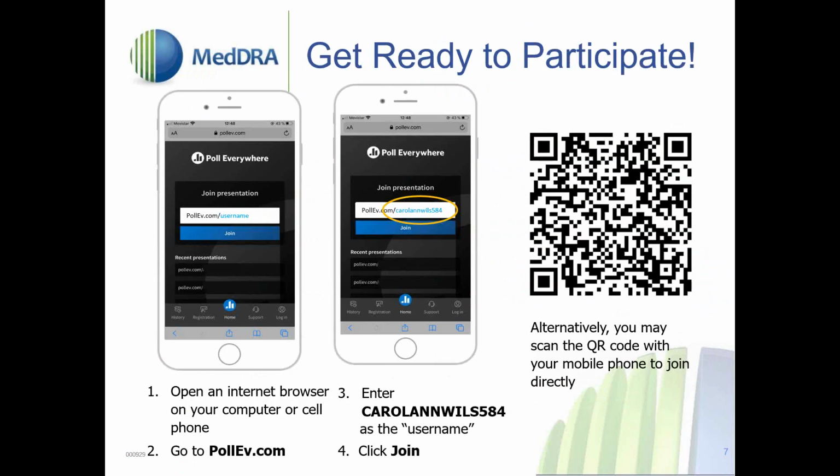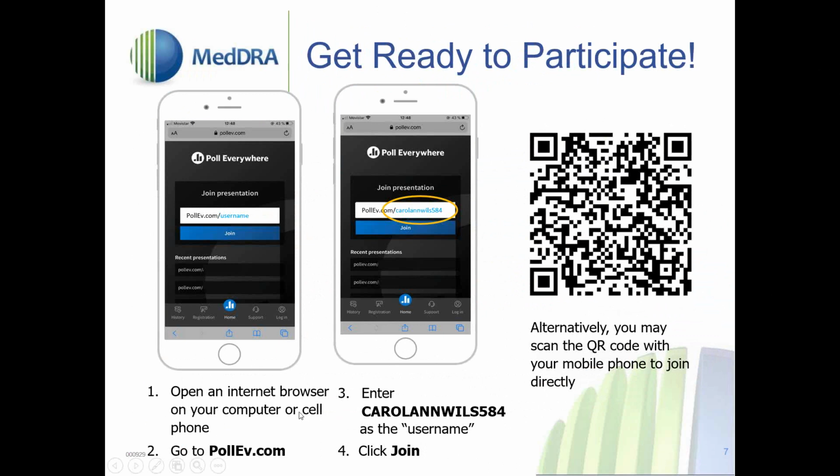This slide now explains about the quiz questions, the polling that we will use during the webinar. The easiest way to join these activities is to scan this QR code with your smartphone, and it will bring you directly to the poll. And as soon as I activate the first question, you'll be able to see it and respond. Alternatively, you may enter the indicated web address into the URL bar at the top of your internet browser in your computer, tablet, or cell phone.